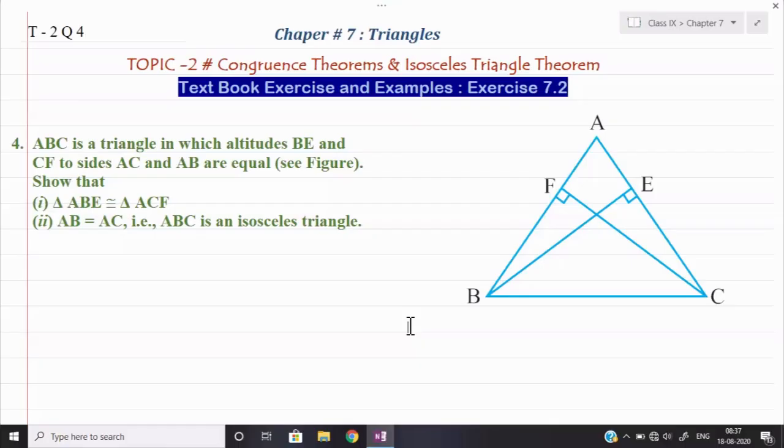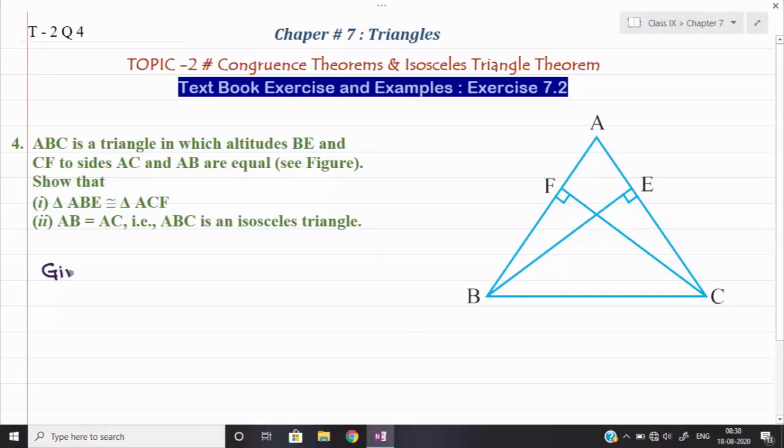Second thing we have to show here, AB and AC are equal, means in other words, if in a triangle two sides are equal, then the triangle is called an isosceles triangle. So that thing only we need to prove here. So only one change occurred in the question. In the previous question, AB and AC were given equal and BE and CF were required to prove equal. This time they have interchanged. BE and CF are given equal and we have to show that AB and AC are equal. Let us see how we can do it. First of all, as usual, we will write down the given things.